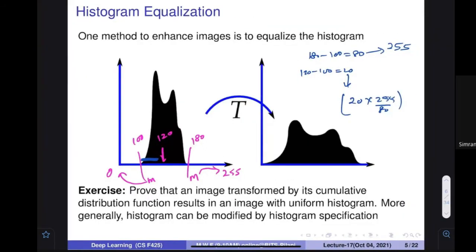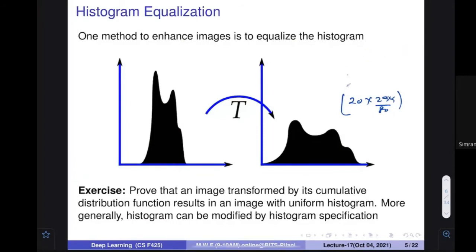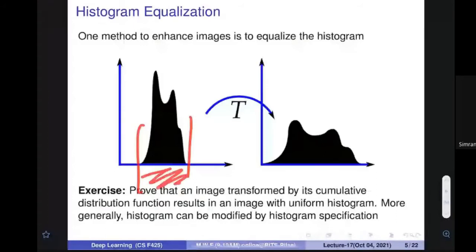Most of the time when you take images, not all the pixel values are available, and our visual system is designed in such a way that if all the values are there, things are better visible. If the histogram occupies only a particular portion, it is not that useful, because you can increase visibility if you extend this portion. This task is called histogram equalization, and there are various methods for it.